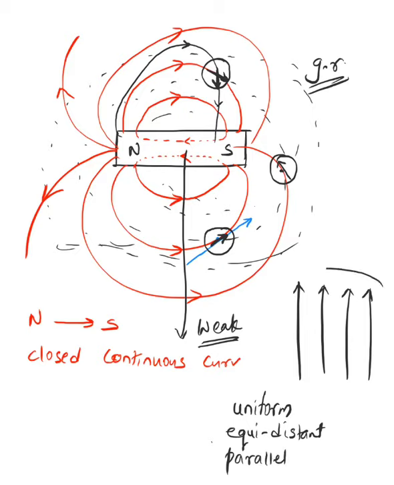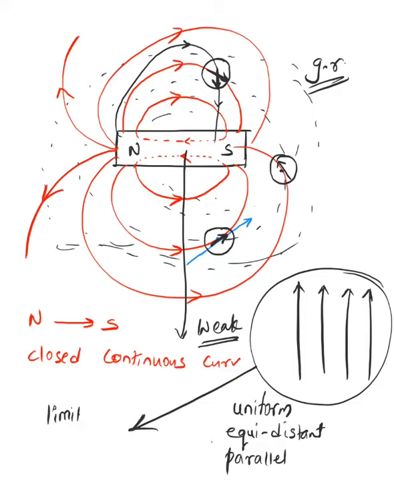So if you have magnetic field lines of this nature, then they are called equidistant, uniform, and parallel magnetic field lines. But where do you get this kind of magnetic field lines? In a limited space. Only in limited space. That I'll explain later when we go further in the chapter. Got it, guys? So yeah, these are the properties.